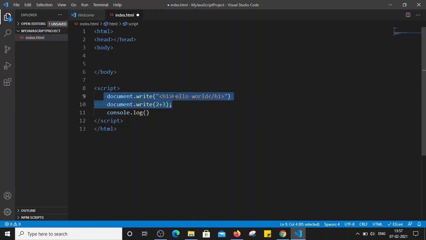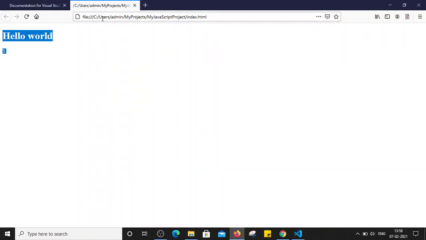Whatever we put here, for example, we have written hello world in document.write, it got printed on the web page. But console.log prints on the console window of the web browser. So let's see how it works. I'm just going to put some content here, let's say hello world on console. Again saving this file, and let's open the file again. I'm just going to refresh this. You are just seeing the hello world and 5, that is used in the document.write method. So where did that console.log get printed, right?